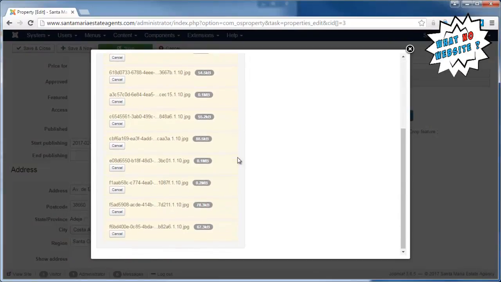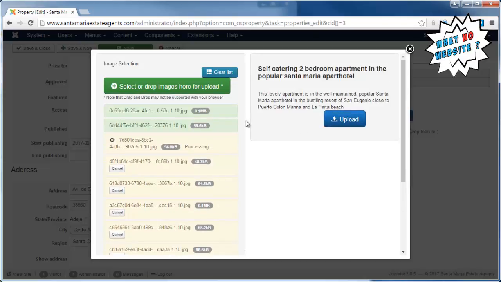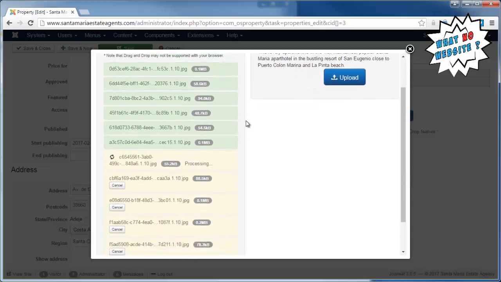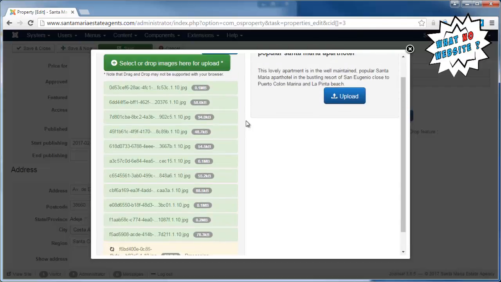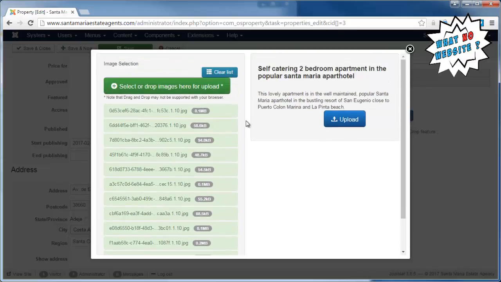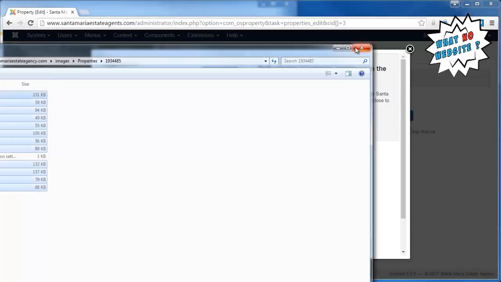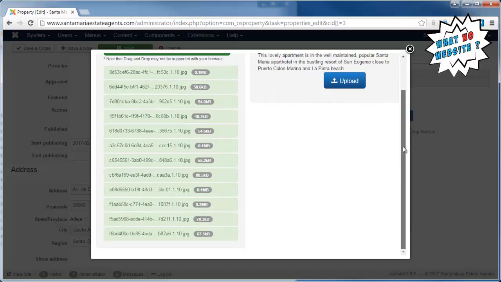All the images are quite small actually. I would recommend images around 1, 2, maybe even 3 megabytes. And the faster internet connection you've got, of course, the quicker these will upload. That's it, all uploaded. And I don't see an option here to say okay, everything's done, which is a little bit bad on the developer's part, but I know those images have uploaded, so I'll just click the cross in the top right hand corner,